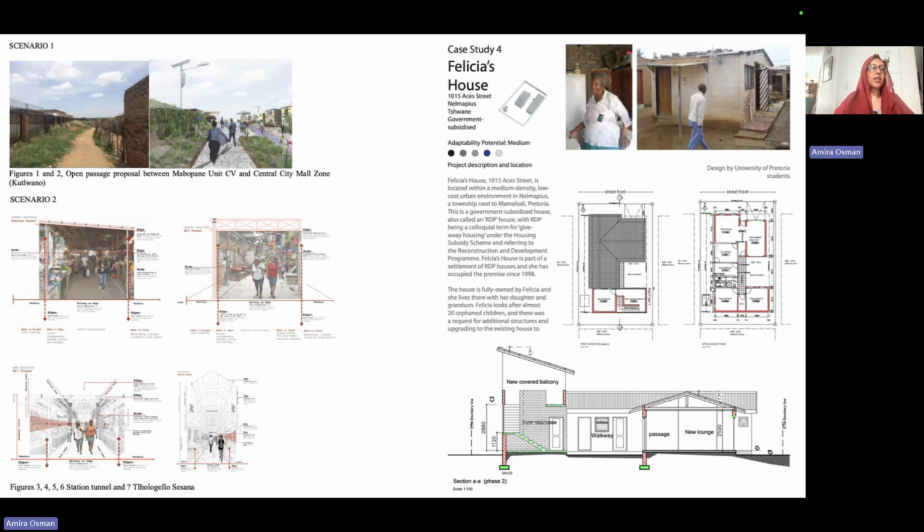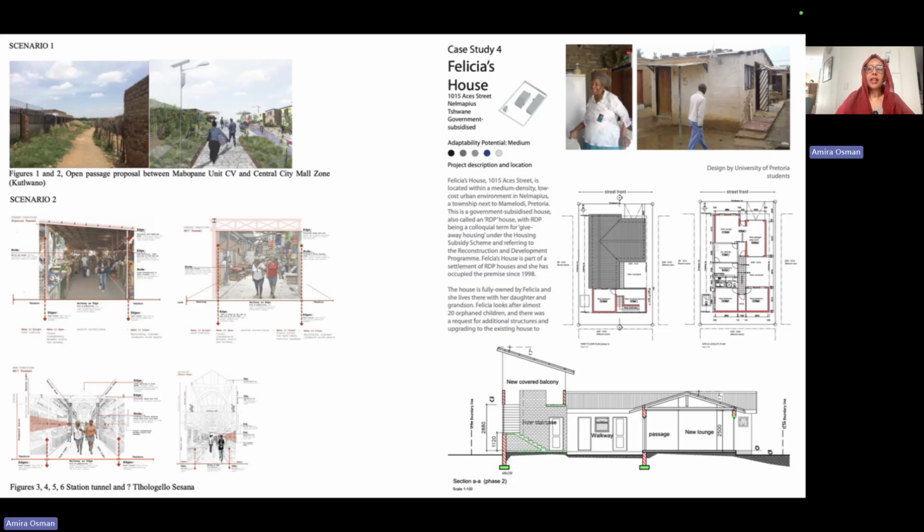So we have very specific concerns. On the left, you see a condition in a particular peripheral settlement in Pretoria, and how we then conceptualized the interventions that would need to happen to create more habitable open space and in-between space, what David Dewar refers to as the glue in between buildings. And we also then analyze the interface or the relationship between the buildings and the spaces around them.